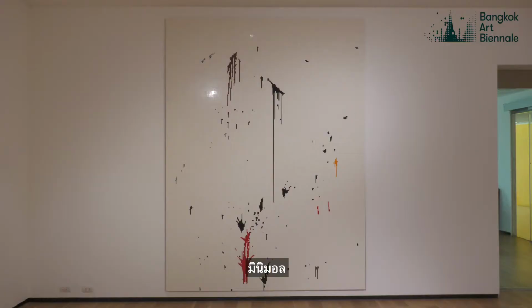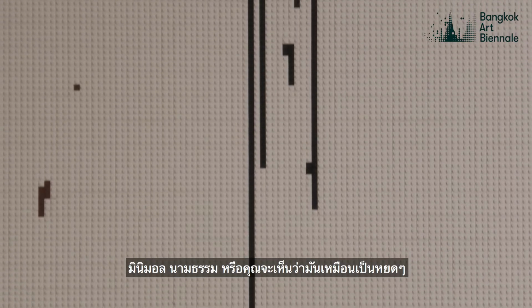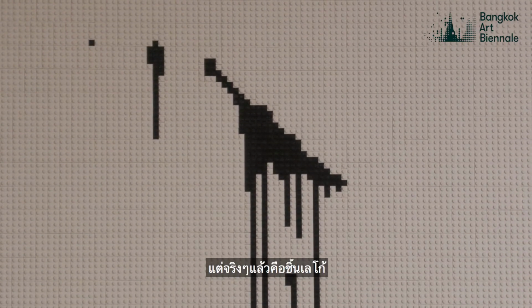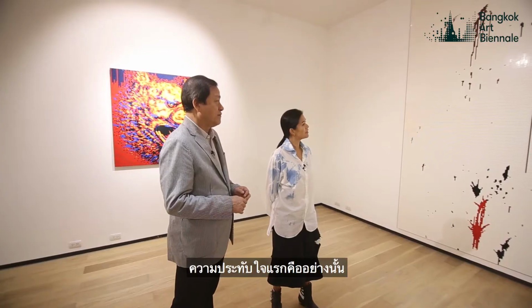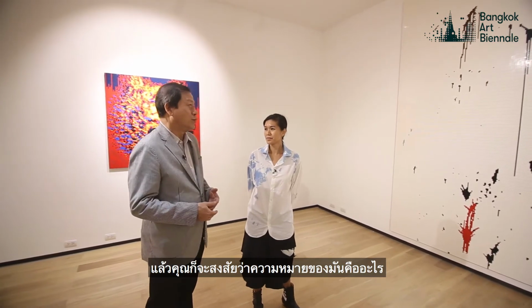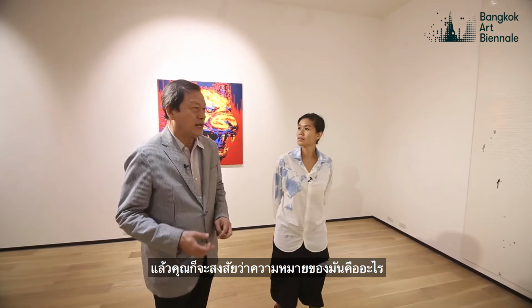Yeah. Minimal, abstract, or you can see kind of drips. Yeah. But in fact, they're Lego pieces. The first impression is that, and then you become inquisitive of what's the underlying message, what is the meaning. Yeah. And then when you realize that